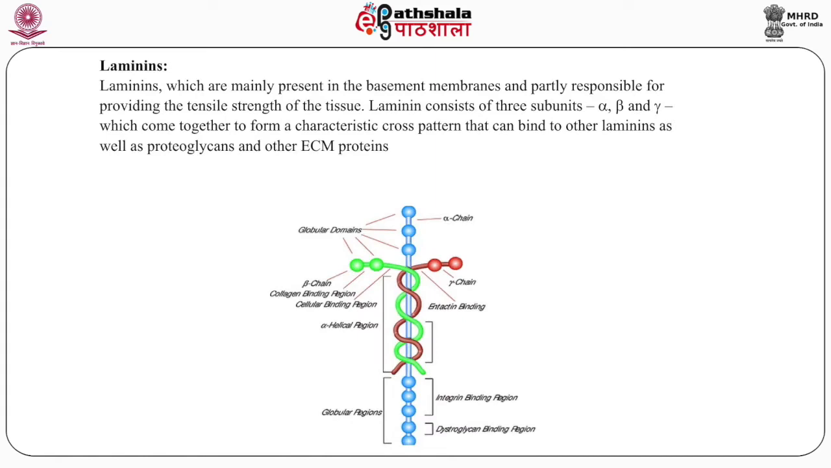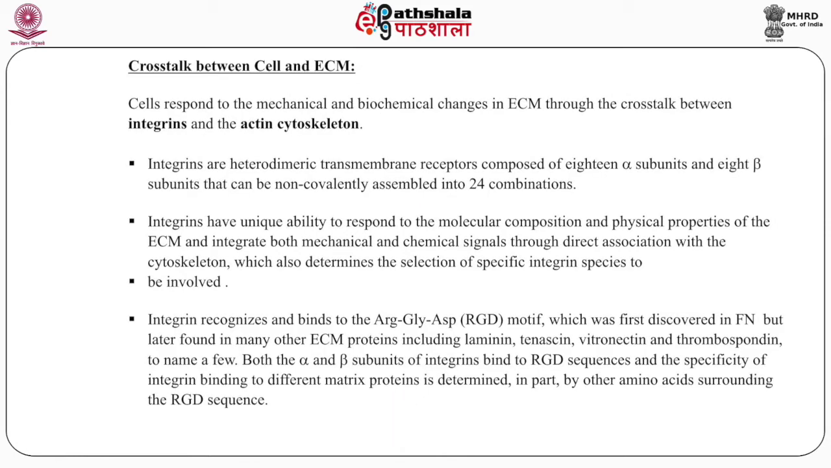Now, the last in these groups are laminins. These are mainly present in the basement membranes and partly responsible for providing the tensile strength of the tissue. Laminin consists of three subunits, alpha, beta and gamma, which come together to form a characteristic cross pattern that can bind to other laminins as well as proteoglycans and other ECM proteins. So, now we understood the components of ECM and next we will try to understand the crosstalk between ECM and